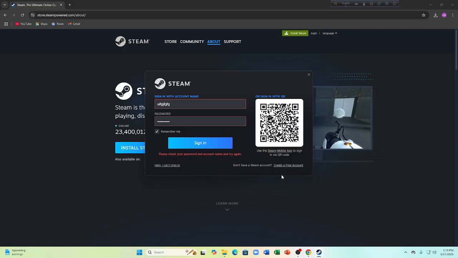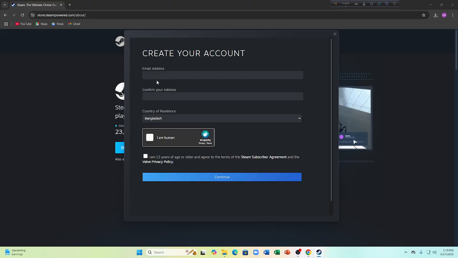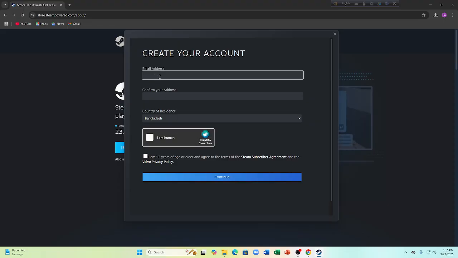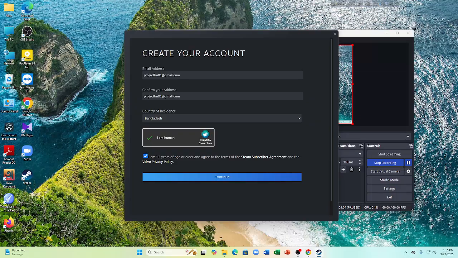You can choose this create a free account if you don't have any Steam account. Now you have to enter your email address. So tap onto this that you are at least 13 years of age or older to use this app. So after inputting your email address, tap onto continue,